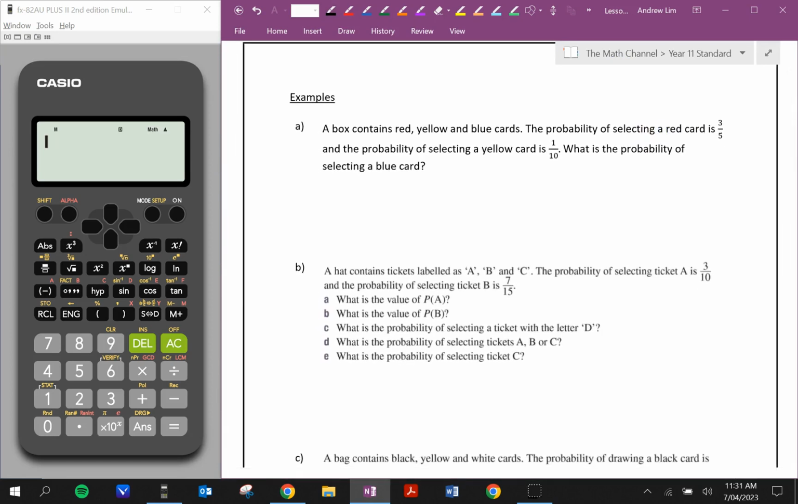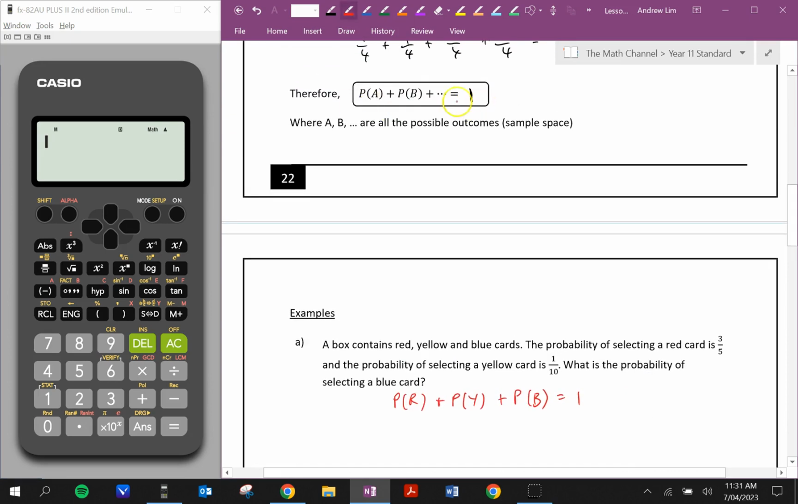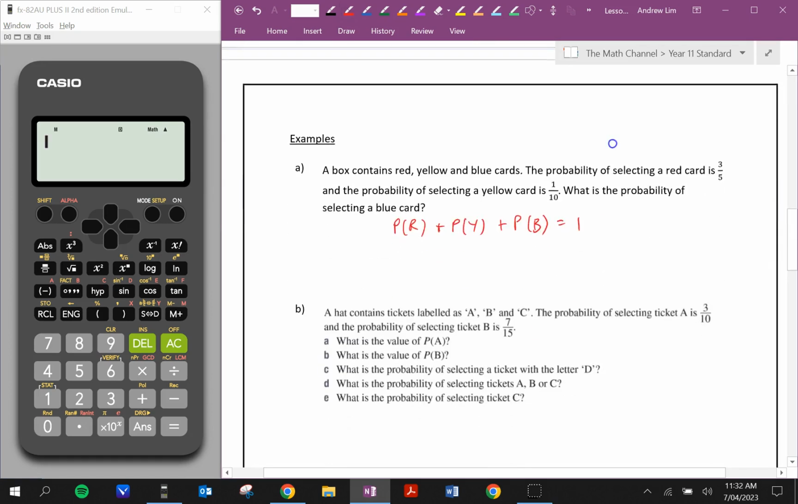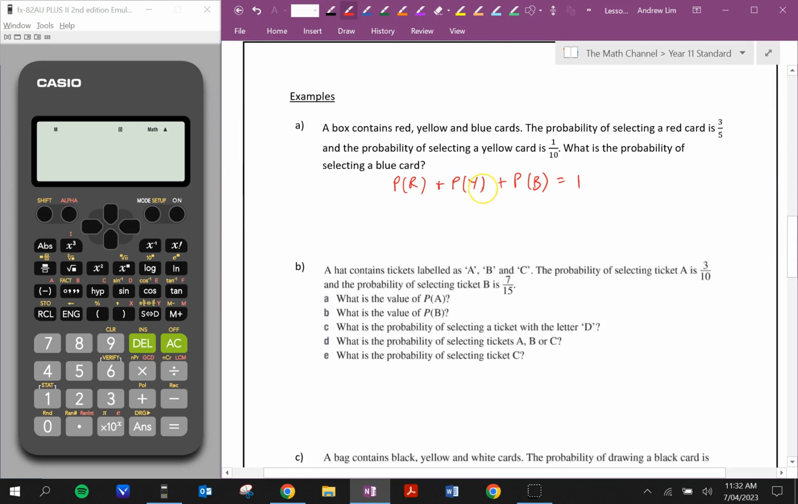A box contains red, yellow, and blue cards. The probability of selecting a red card is 3/5, and the probability of selecting a yellow card is 1/10. What is the probability of selecting a blue card? Well, because we know that the probability of red plus the probability of yellow plus the probability of blue is going to equal to 1, okay, from what we just said up here,